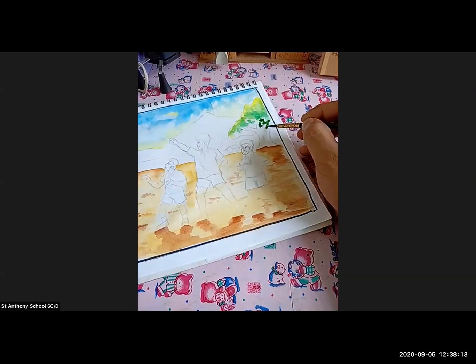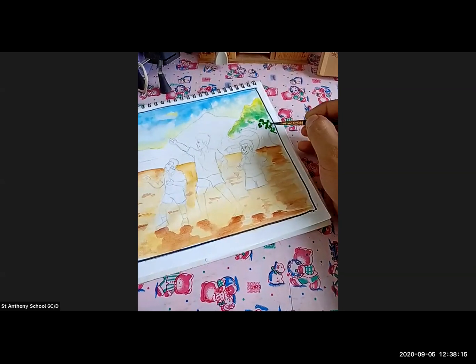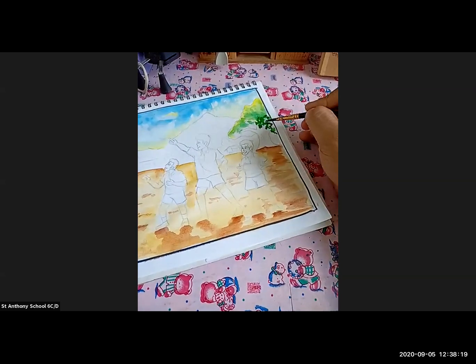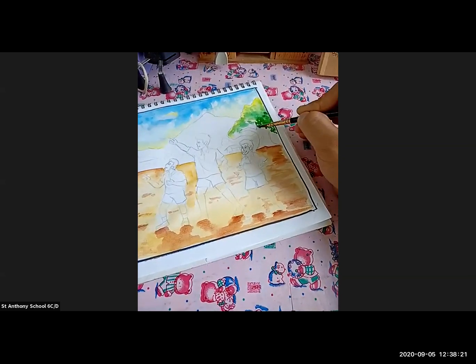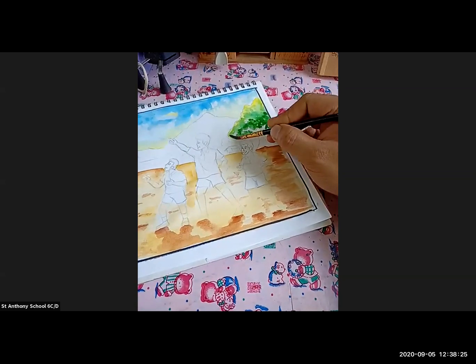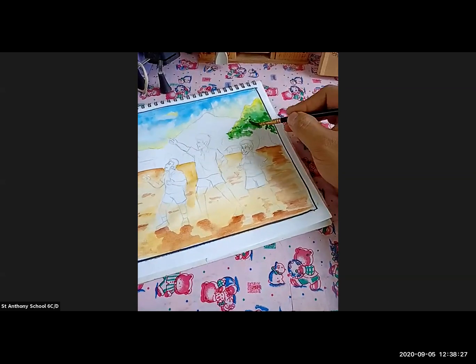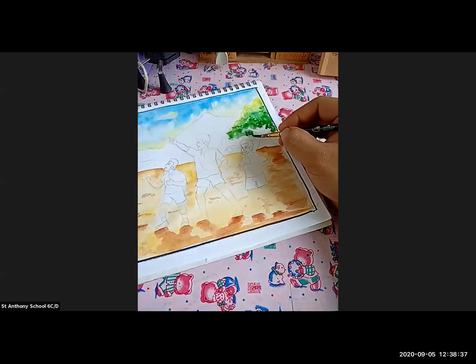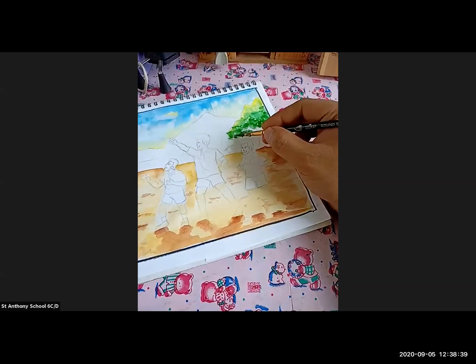Just look at this. This is how you're going to color the tree. To show it much more dark, here I'm adding some blue and making it much darker.